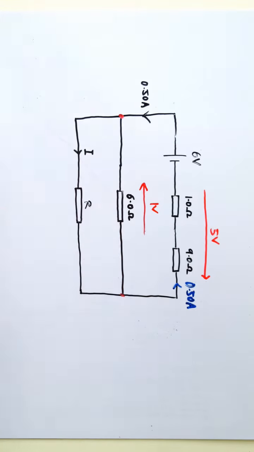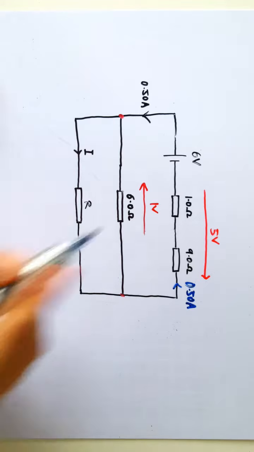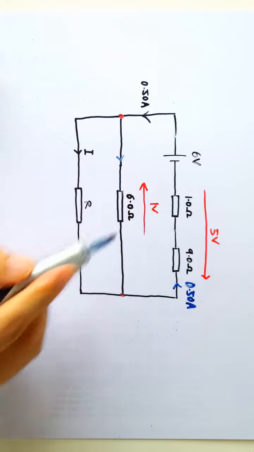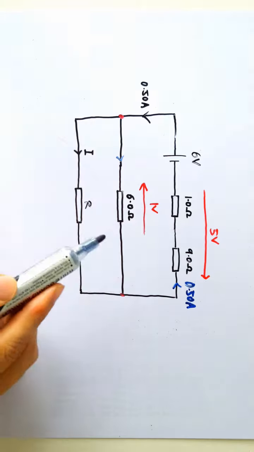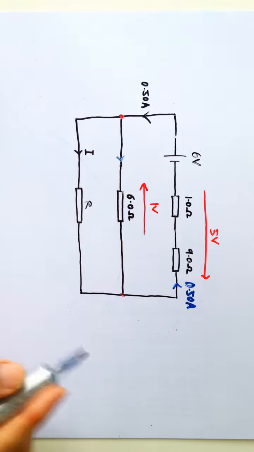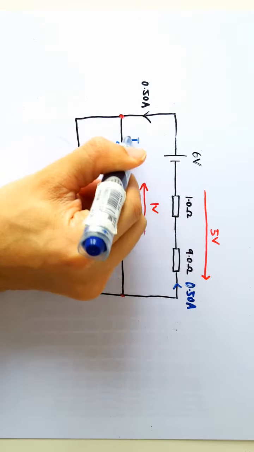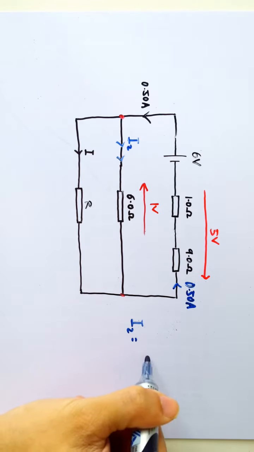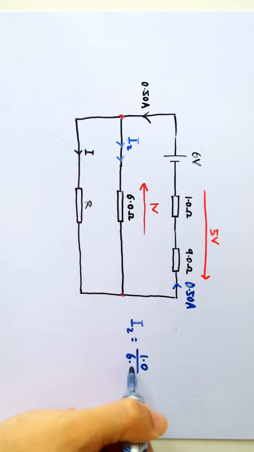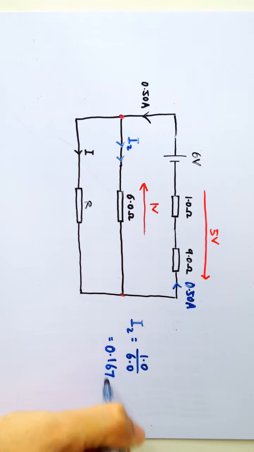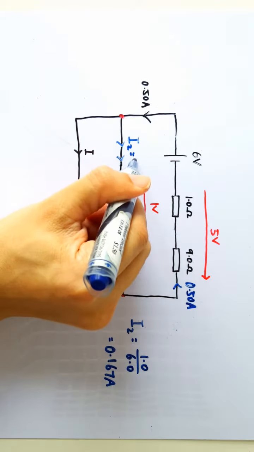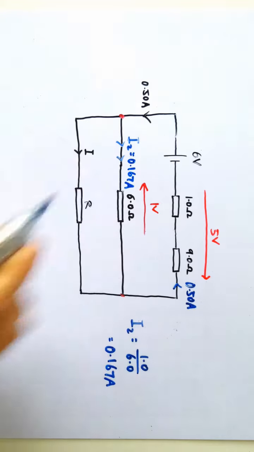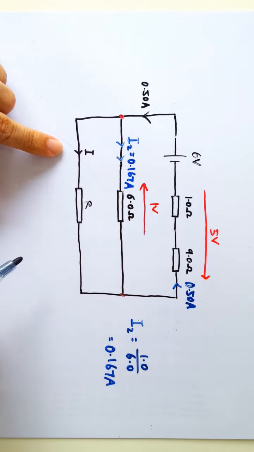across the 6 ohms. Now we are able to calculate the current passing through this 6 ohm because it has a PD of 1 volt and a resistance of 6 ohms. So let's call this I2, okay? So I2 can be calculated by taking 1 volt divided by 6 ohms. And it turns out to be 0.167 amps. So this current here is 0.167 amps, which means we now know what is I, because